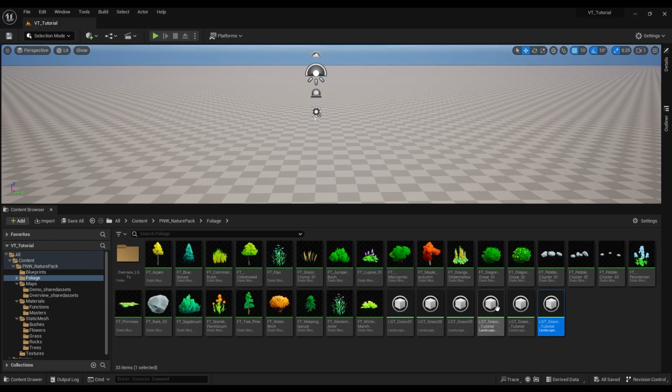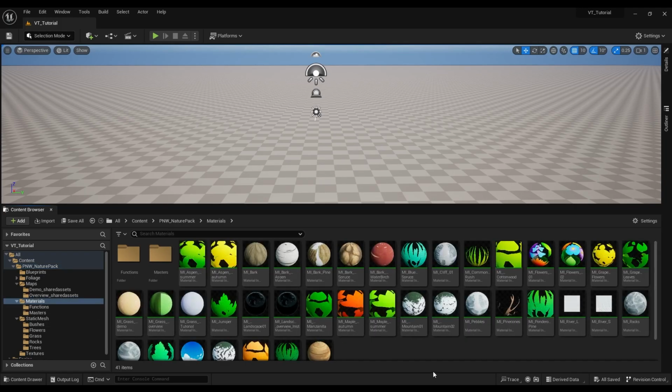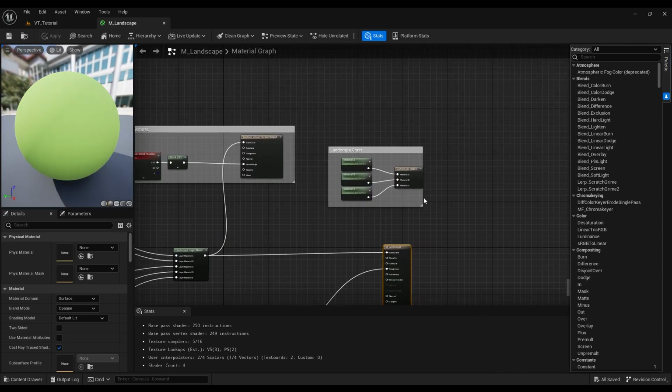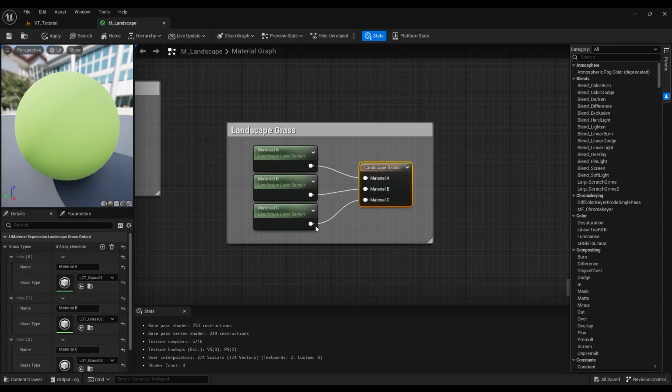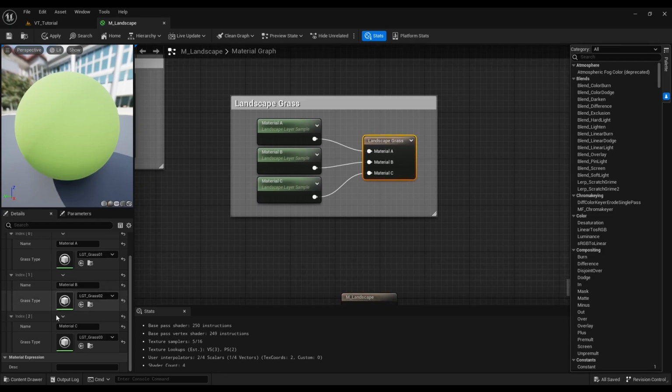Now we need to actually set up these landscape grass types to work with our material. Now, unfortunately, the way that this procedural grass works in Unreal, there's currently no way that I'm aware of to turn these into some sort of parameter which you can change in a material instance. So these grass types are set here in this landscape grass output node in the master material, but again, I don't know of a way that exposes these to the material instance. If you do know of a way, by the way, leave it in the comments